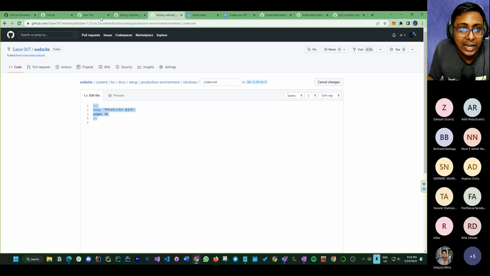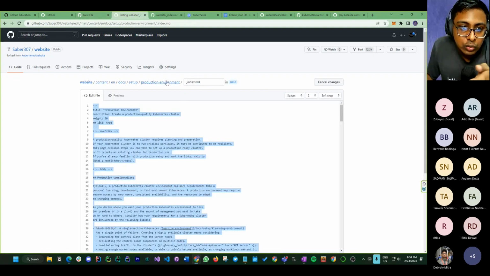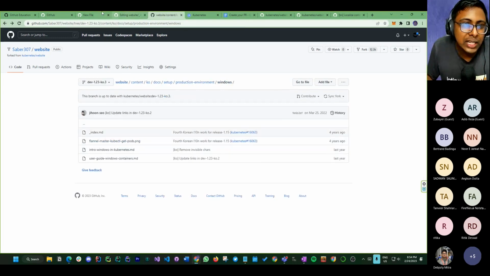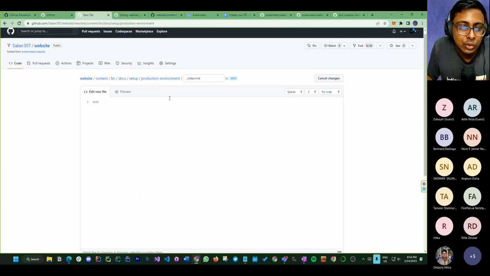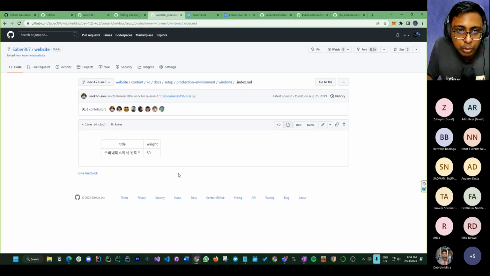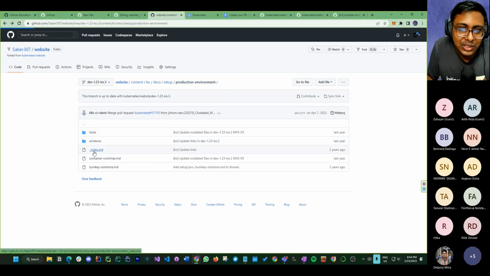Let me go to another file. I'm sorry for that, but this is the Windows index basic file. But as we are now working with this one, we are not working with the Windows one, right? We are working on the index.md. So let me show you the index.md, because I have to delete that Windows file as well from the tracking issue. But for this one we are working with it. Just you have to go, I think, what am I doing? Oh, sorry for that, index. Yeah, here. Sorry for the mistakes.